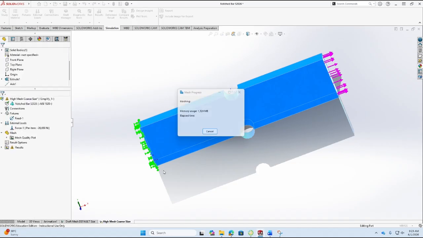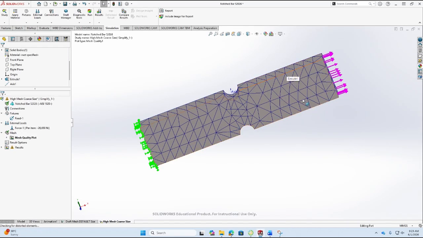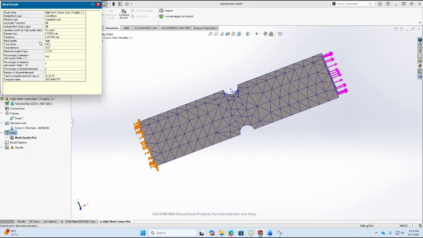So let's just click on the green icon, and you can see clearly the number of elements is bigger, and it actually took even less time to create this mesh. But now if you right click on the mesh and click on the details, you will notice that the total number of nodes has gone up to